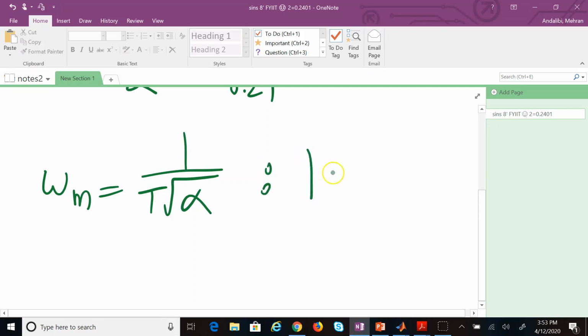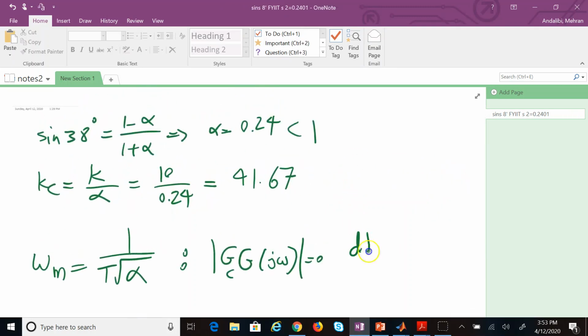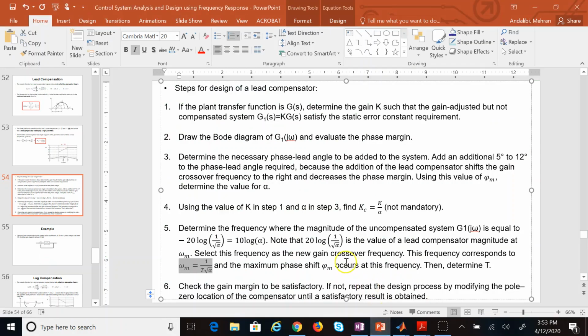So I want at this frequency the magnitude of GC times G, the whole new open loop transfer function, I want this to be 0 decibel. And this number is different, of course, than 6.18. How can I do that? Well, the way to achieve it is